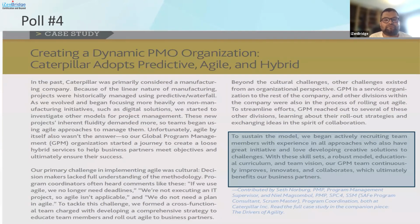Agile itself is also just a structured way of working. The Agile Manifesto is not older than two decades. February 2001 was when we had the Agile Manifesto. So these are quite new. We are learning. Everyone in the industry is learning. So in this case, in this organization called Caterpillar,